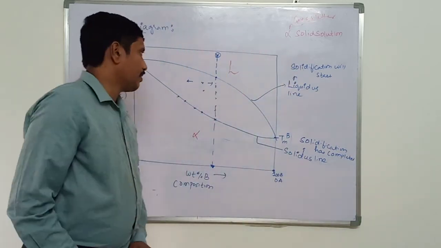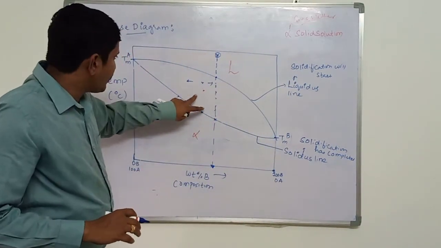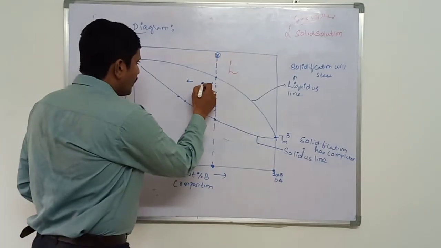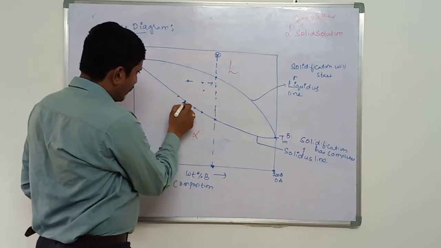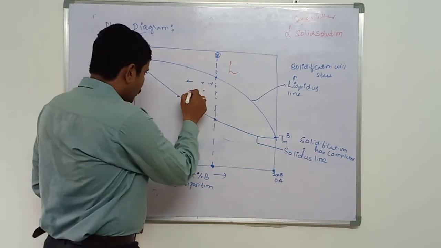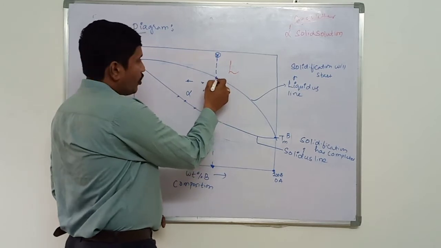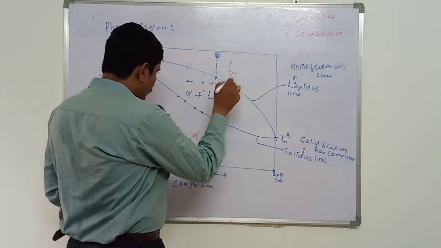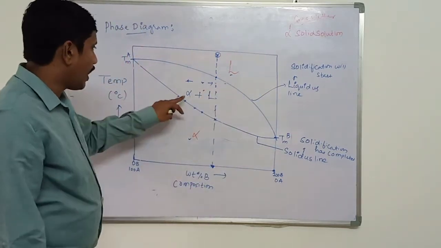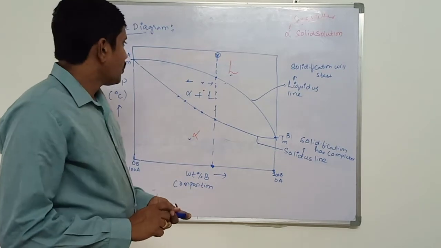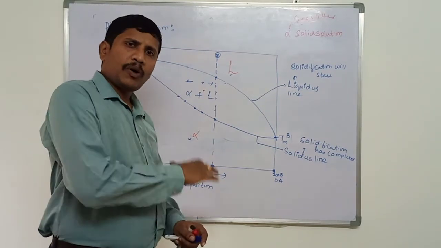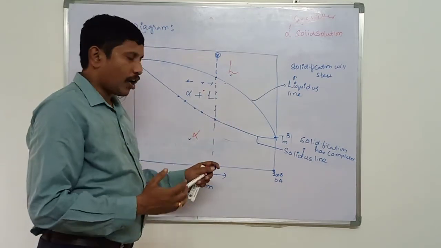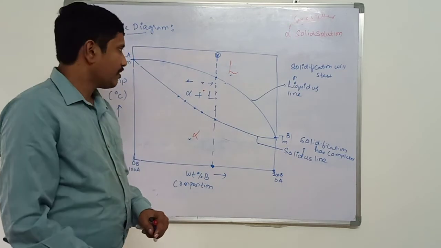Solidification has completed. Now we can identify the phases in this region. If you consider any point, if you move to the left, you are getting the solidus line, that is alpha solid solution. So alpha. If you move to the right, you are getting the liquidus line, so liquid phase. So the phases in this region are alpha plus liquid. So this is the phase diagram for the isomorphous alloy by cooling from the molten state to the solidus temperature, or until the solidification is completed.